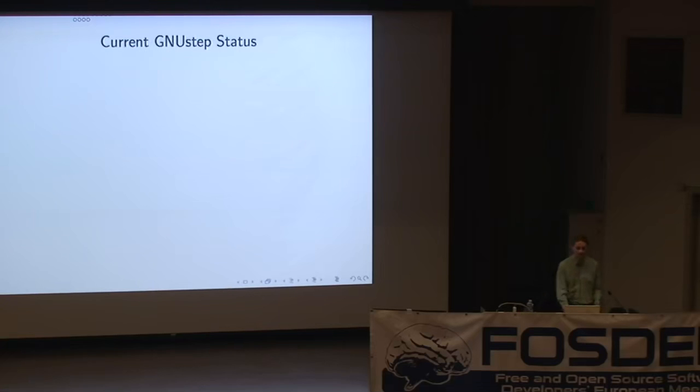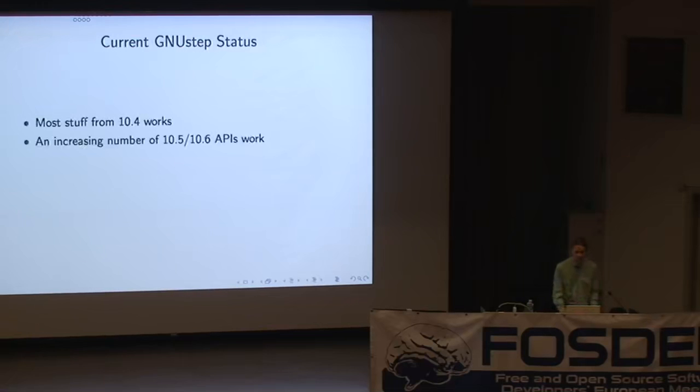So where is it now? Well, most of the stuff from OS X 10.4 works, which is a nice base level. A lot of stuff from newer versions works. We've got things like some of the newer locale and calendar stuff, various random things. A few things from the iPhone operating system, their version of Foundation, we've now implemented, so stuff like the Unicode regular expression classes. Basically stuff that people actually want to use tends to get implemented first.